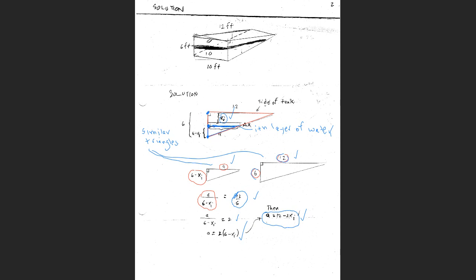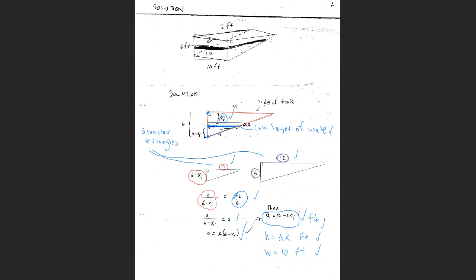We know the height of the ith layer of water equals delta x, and we know the width of the ith layer of water is 10. And by the way, the units here are all feet. So if I want to get the volume of the ith layer of water, I'm just going to multiply these three